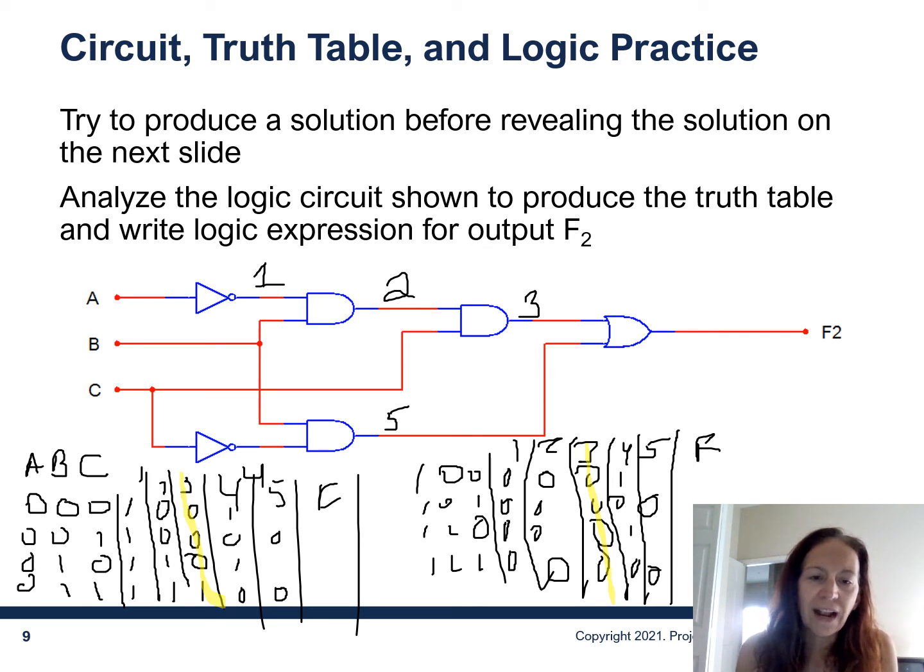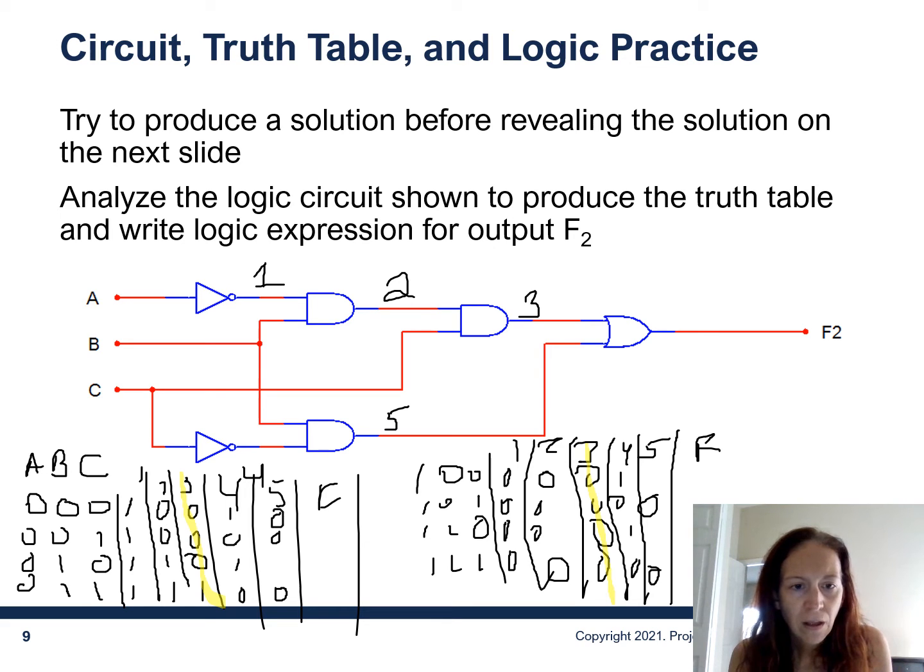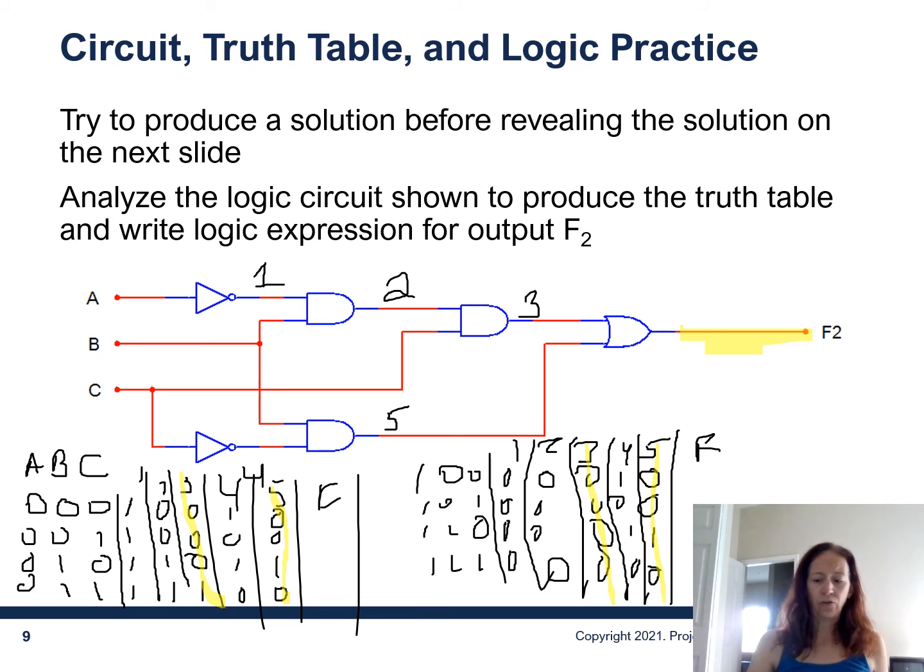Now all that I have left is when 4 is high, and so I just need to compare that with B. Here B is low, but here B is high. Here B is low, and here B is high. And let's go highlight that column. And then my final output right here is the OR between